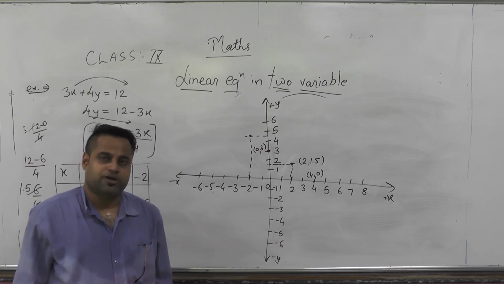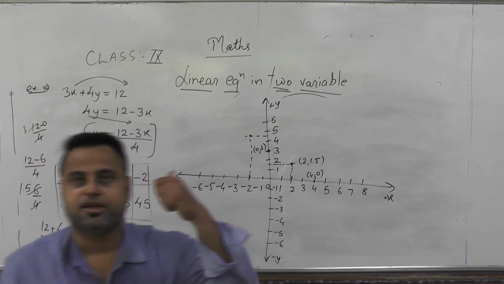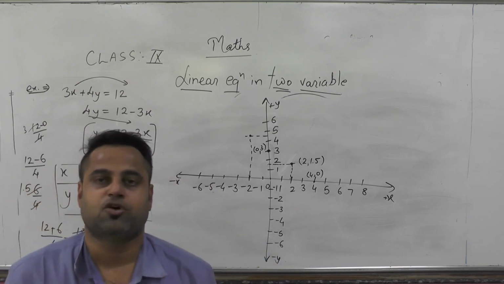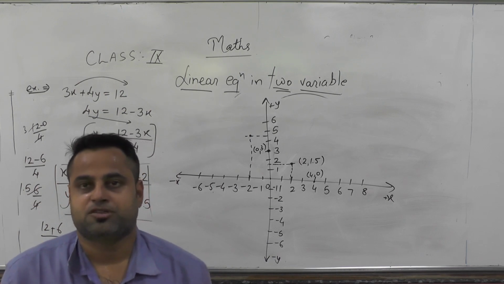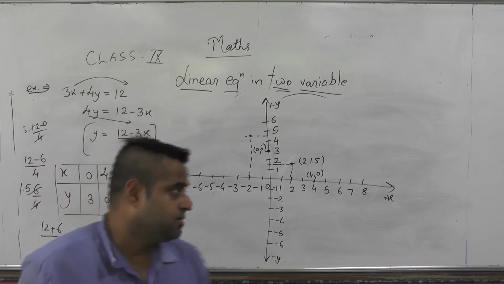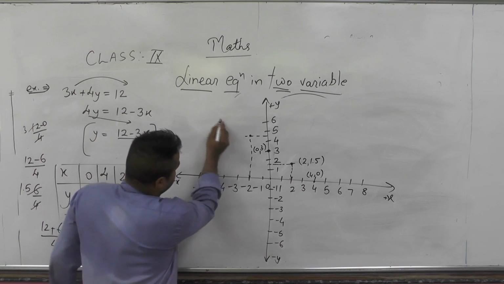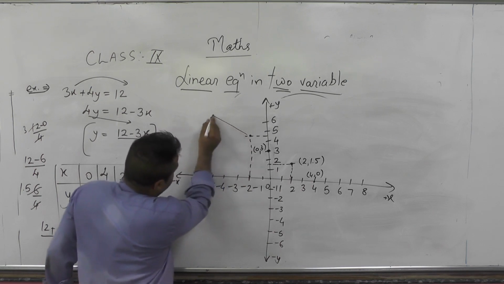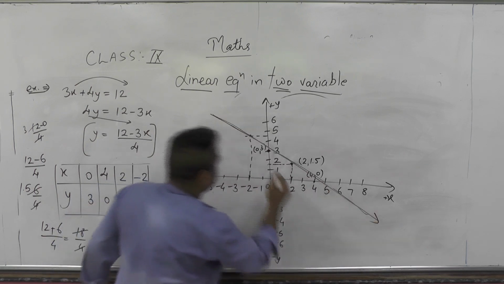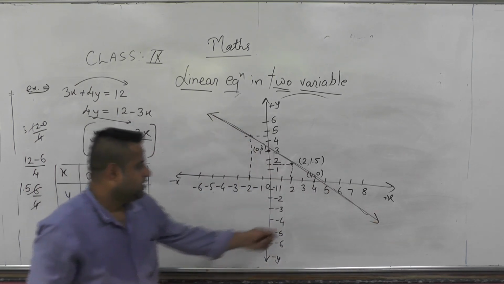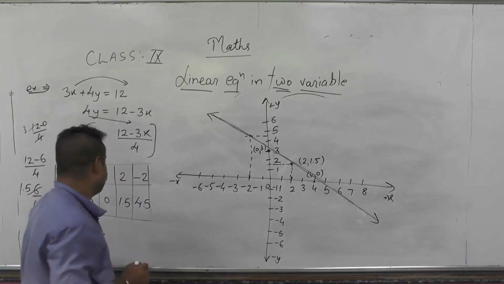This is very important, that the points should come in a line, because in a linear equation the graph is always a line, and for a line you need several points which come on the same line. Okay. So since these points are coming in a line, I am just joining them together and extending it on both sides, so that the linear equation will form. This line is representing our linear equation.